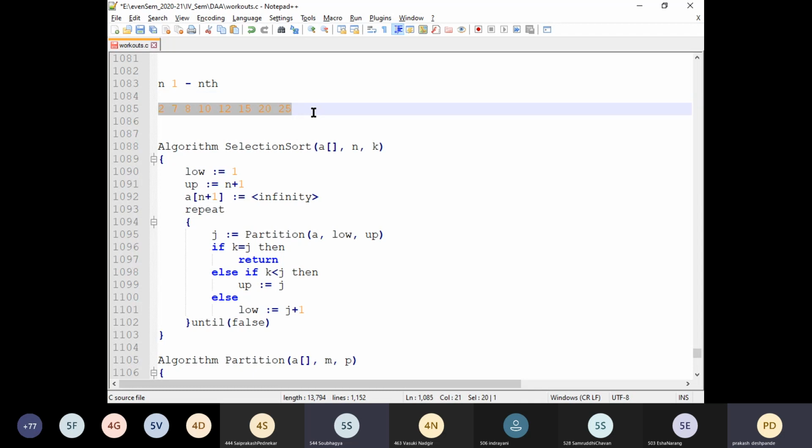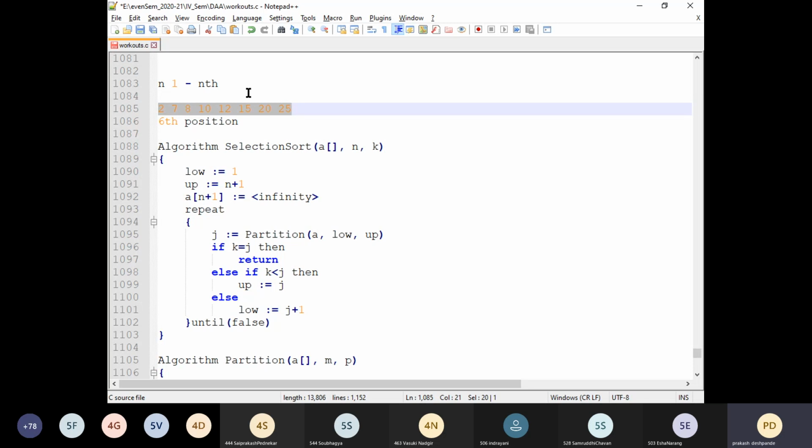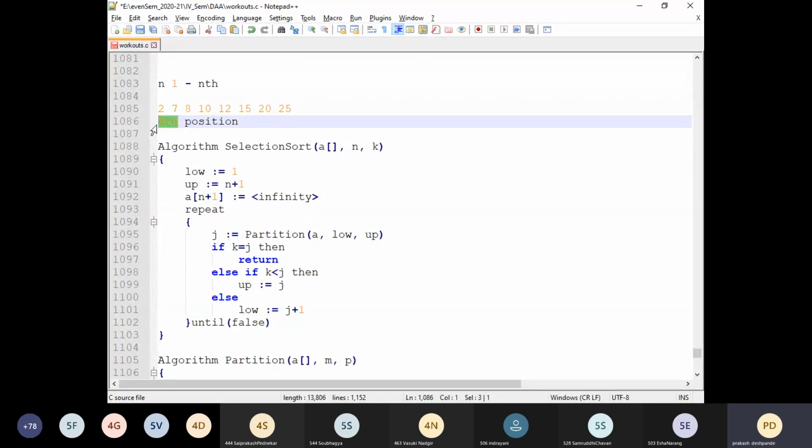Now assume that there are 8 elements and these are the elements we have, and the elements are not sorted. Suppose we need to apply the selection sort, wherein we want to position an element at the 6th position. If you sort all these elements, you get sorted values, and in that sorted list the 6th position holds one particular element. Without sorting all the elements, we want to know which element can be positioned exactly at the 6th position.